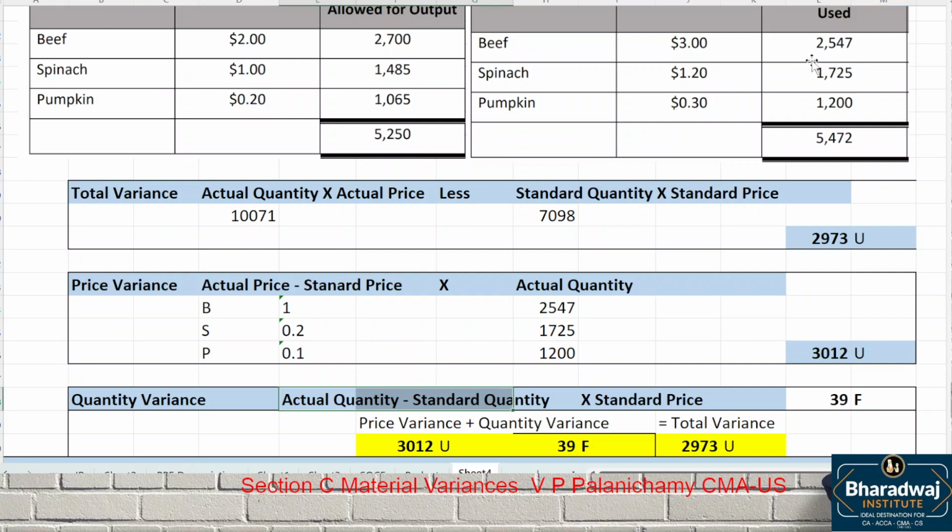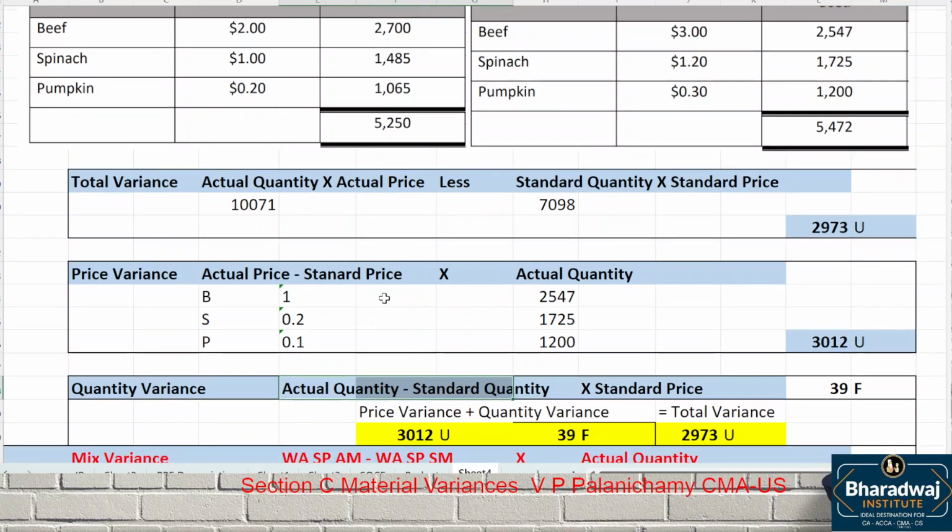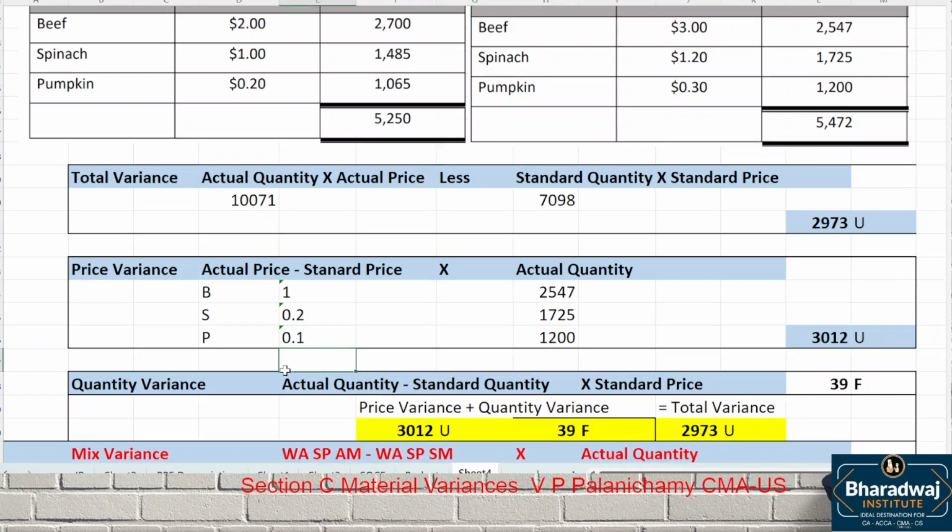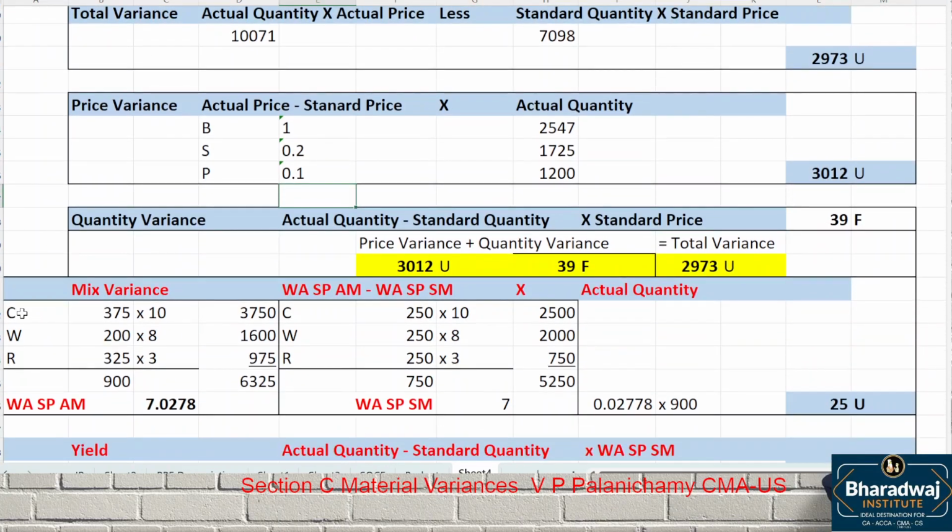Actual quantity minus standard quantity into standard price. We reconciled also. Then coming to mix variance,